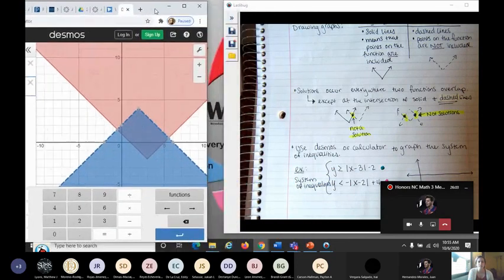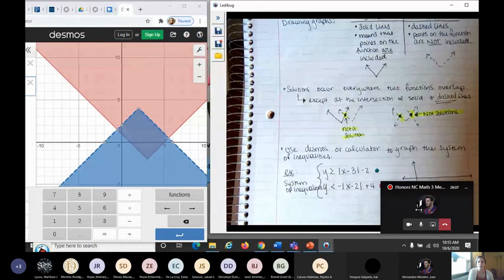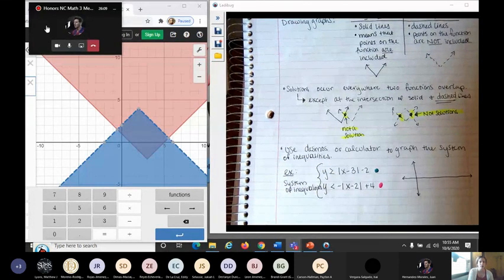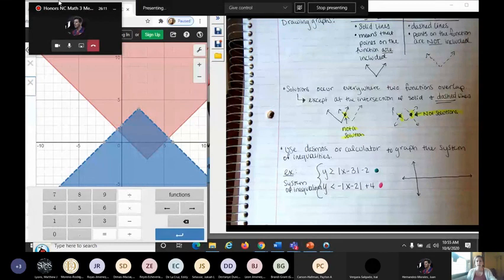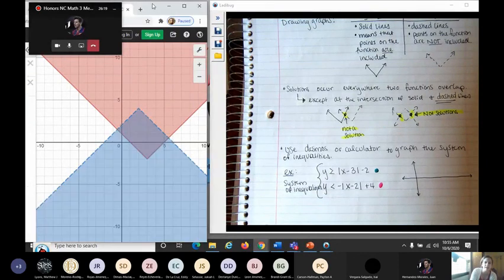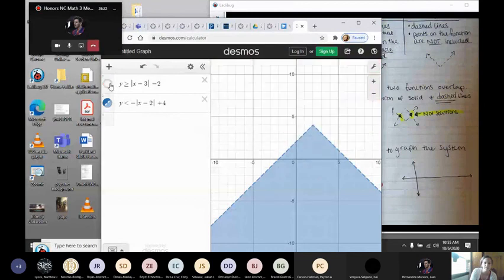All right, so I'm going to move just the functions out of the way so you guys can see the notes a little bit better. All right, and we're going to go ahead and sketch these out on our own paper. Okay, so the blue one on our paper is the, let me just switch these colors so that, okay, so this one